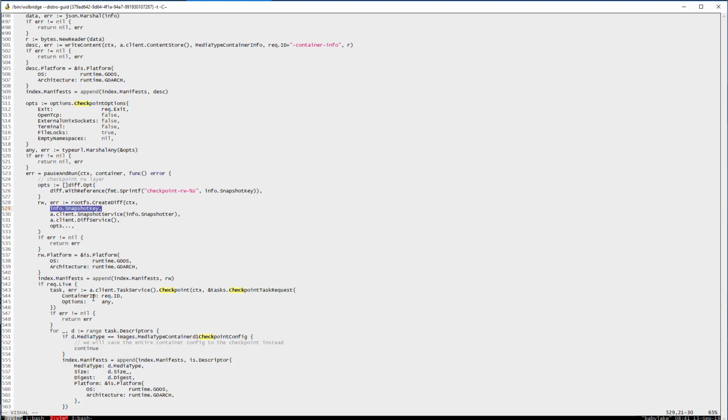We give it the container snapshot key, the snapshot service with what snapshotter we're using. I'm using overlay. And then we give it the containerd diff service and any options, and what we get back is this RW, which is actually a descriptor where it wrote the RW layer into the containerd content store and got us a descriptor back. So I add that platform information again, add that descriptor to the manifest, and then here